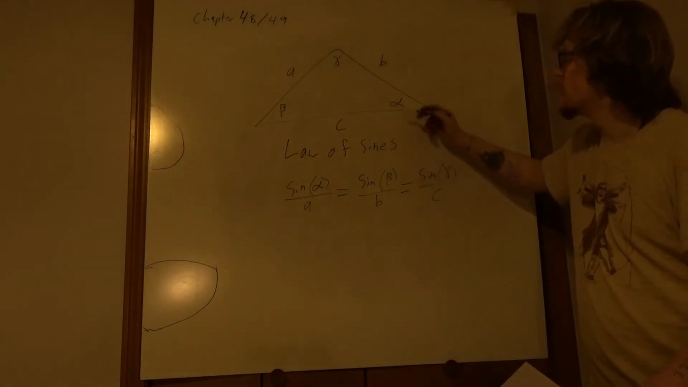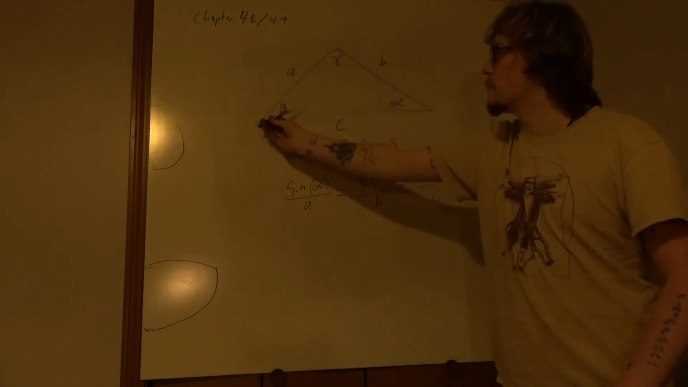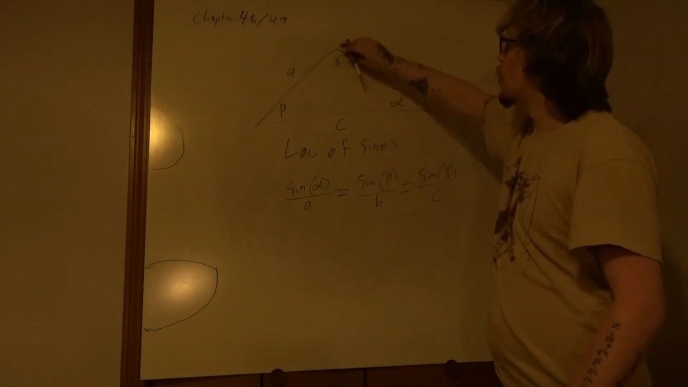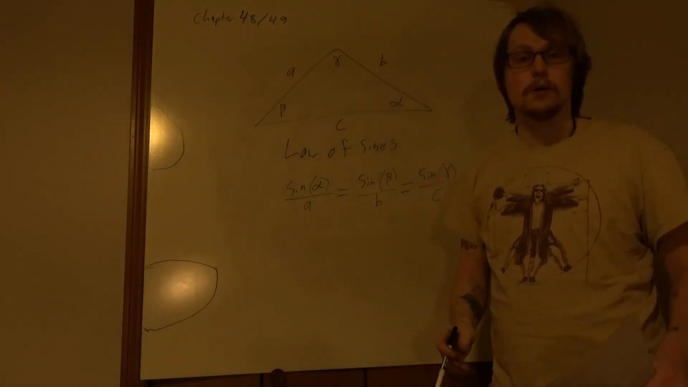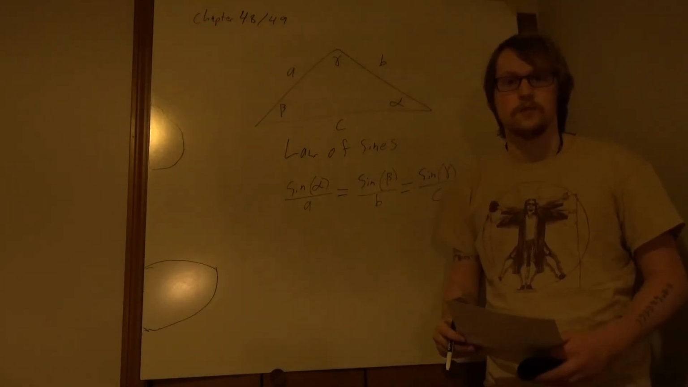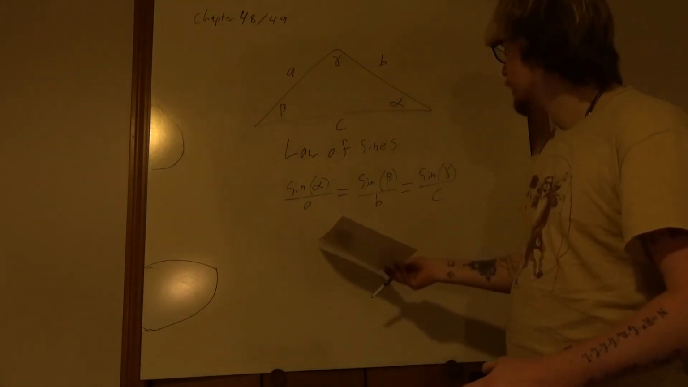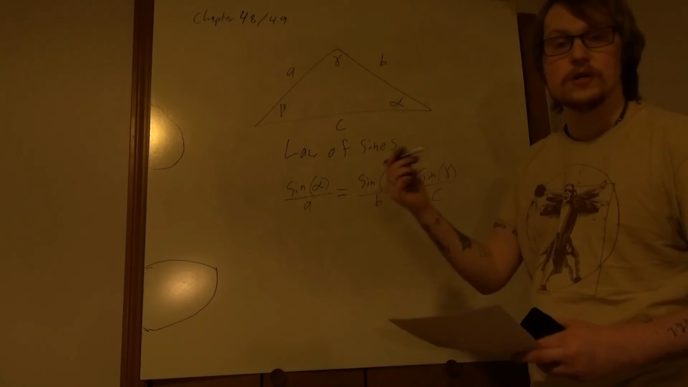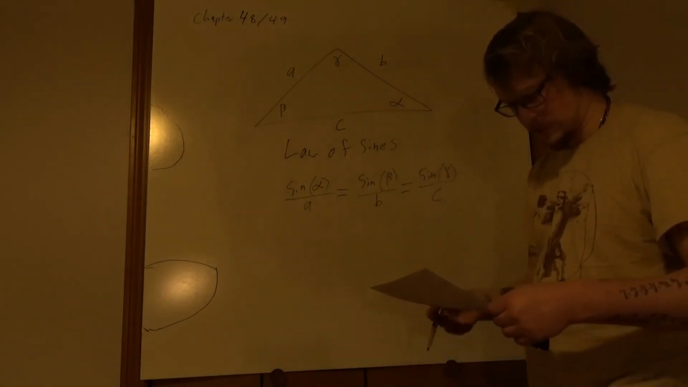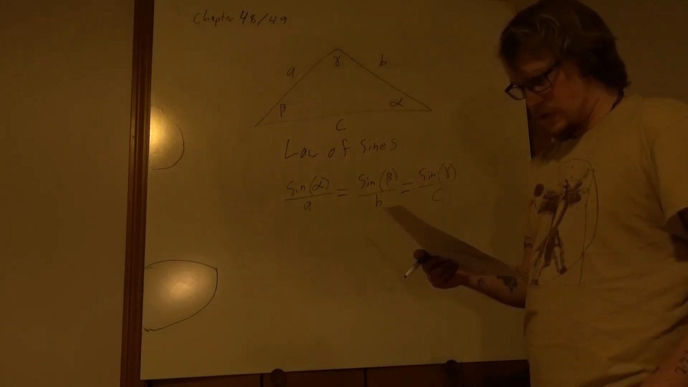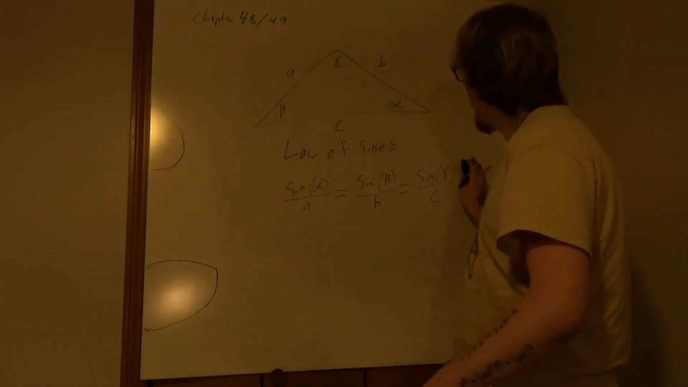It basically says that the sine of this angle divided by this length, or the sine of this angle divided by this length, or the sine of this angle divided by this length are all the same number. It's sort of an invariant constant for a triangle. And if we use this rule on the previous example, then we have,